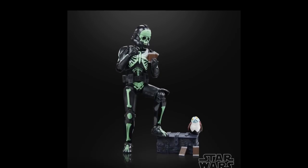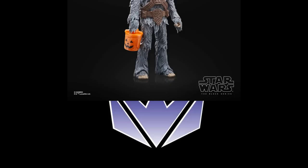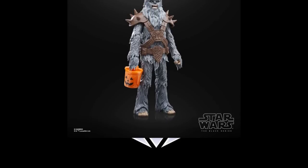So there's rumors that there's going to be a possible third Halloween Black Series figure, but here are the 2 that we have heard of already, and we've seen them, but showing them again here, so I guess it's kind of fun. But we've got this trooper. It's a clone trooper skeleton. I guess it's a mix of clones and going to a party in Cobra Kai, right? Yeah, is that what it's all about? Are they gonna get in trouble for Cobra Kai? Anyway, then we have this